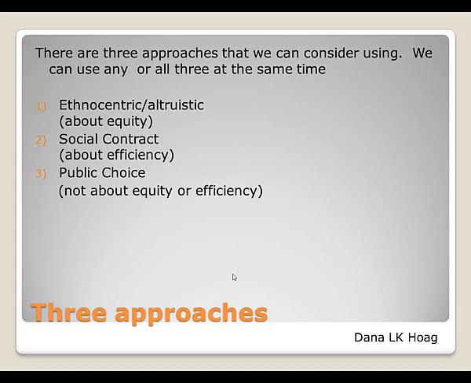Okay. Now the third one is, if that doesn't work, you go to public choice or political economy. This isn't about equity or efficiency, it's about rent seeking. In this case, you would just say, you know, tough luck, get out of my way, and you would just push them out of your way, metaphorically. In this case, it's doing it for me. So instead of saying doing it for them, doing it for the children, or doing it for you, okay, it's do it for me because I want it.